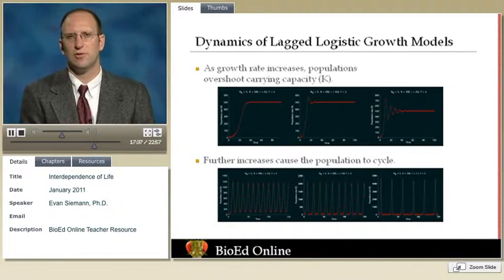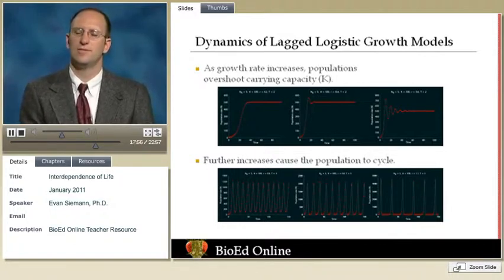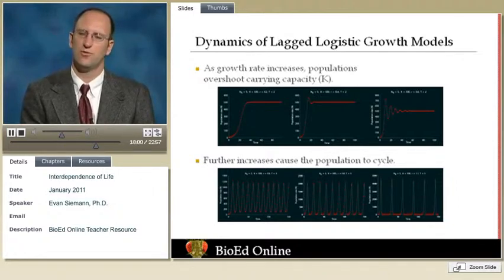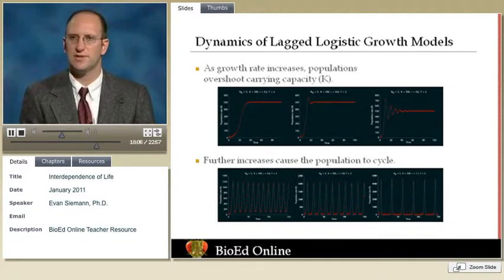As the population growth rate gets sufficiently high, it may never reach carrying capacity, and it will go into sustained population cycles. At first, this would be a 2-point cycle, where the population will overshoot carrying capacity and then undershoot carrying capacity, and the size of those overshoots and undershoots, going too far above and below carrying capacity, will be the same. It'll be in a 2-point cycle.